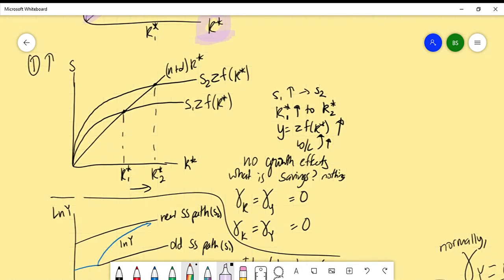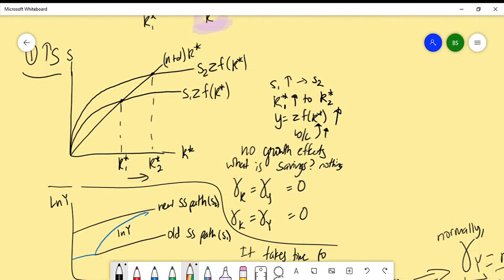So first we're going to look at different types of changes. The first one that we're going to look at is an increase in savings. And then I think we'll go into an increase in N and then an increase in Z. So to start off with an increase in savings, first of all,